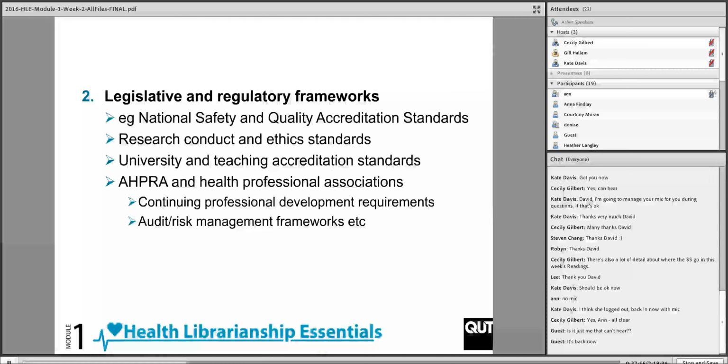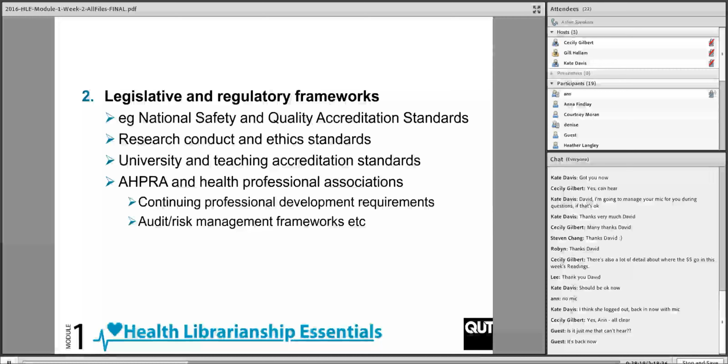There are teaching accreditation standards for universities, and then APRA, which is the Australian Health Practitioner Regulation Agency, and health professional associations actually have to be able to support their professional members' continuing professional development, and also audit and risk management frameworks. So, in summary,